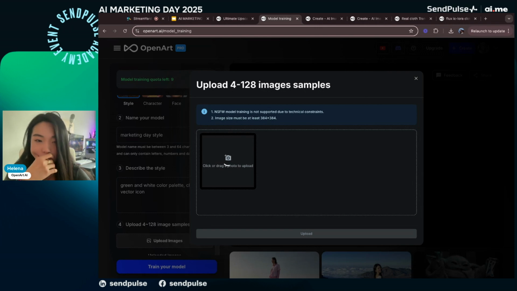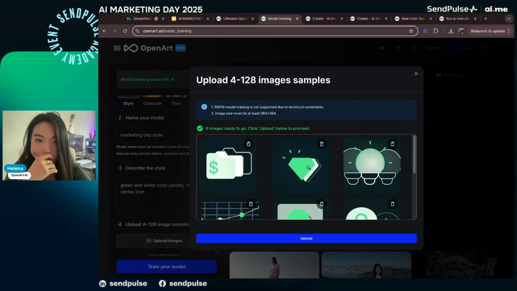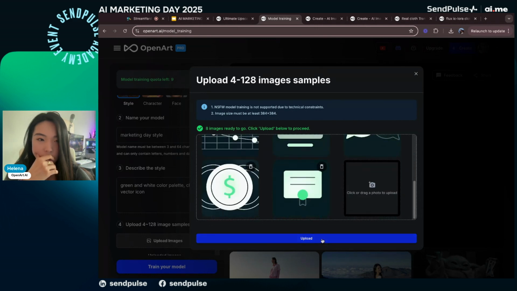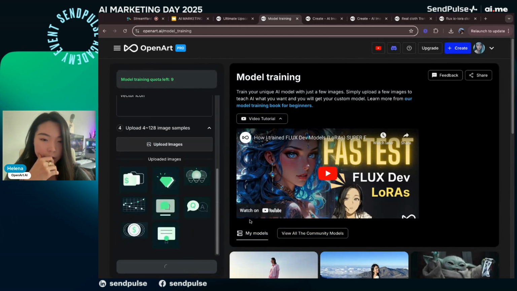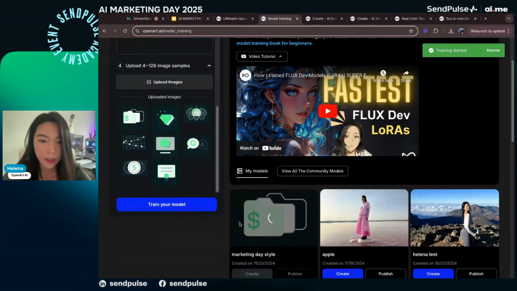It's actually only 8 images. So if you're able to get like 100, you'll get something much better. But let's just start the training. And it usually only takes a few minutes. So